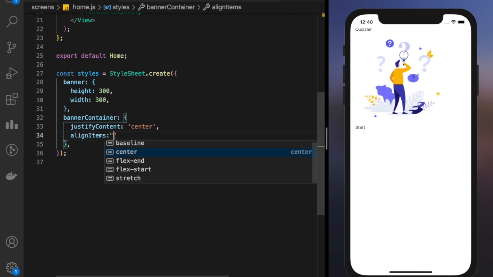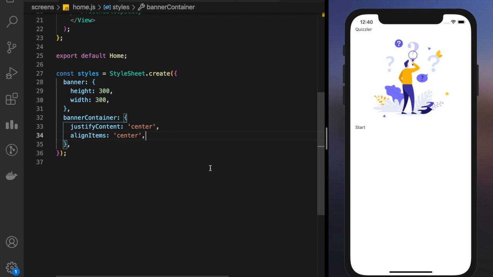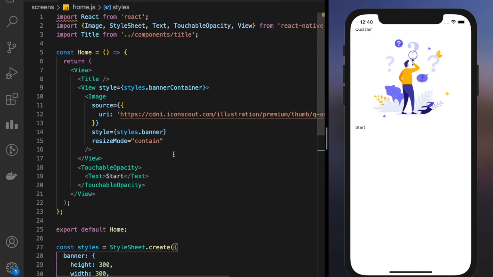Align items and justify content are two properties that I mainly use to center anything in a div as well as in a view. As you can see, this is centered now. So here we have the top, we have the button, and we have the image. We'll design it later. Now that our home screen is designed, let's design our quiz screen.